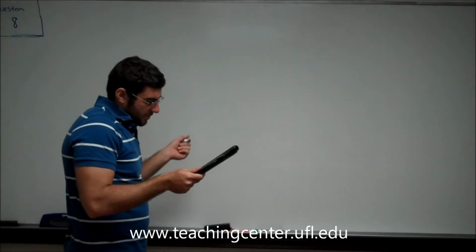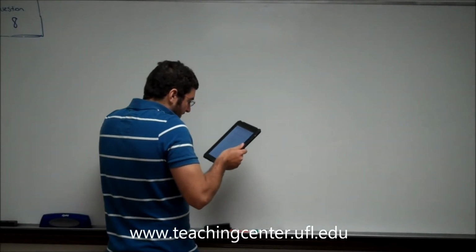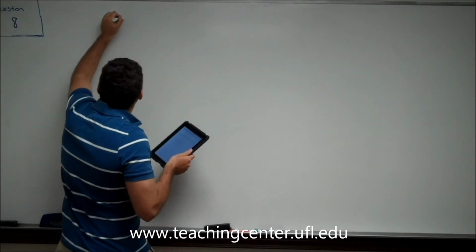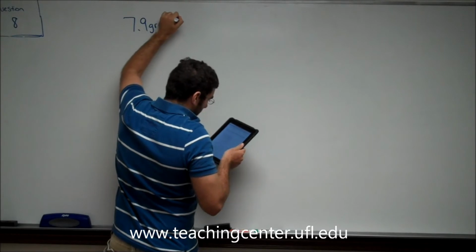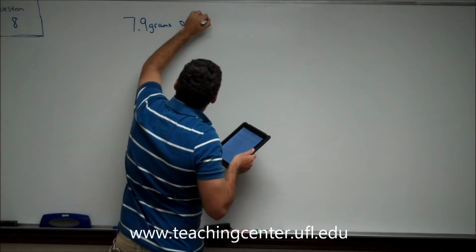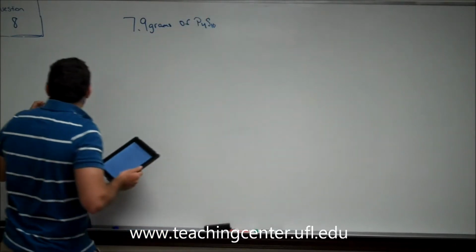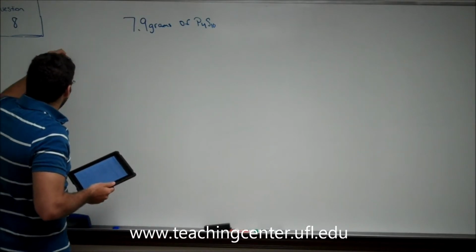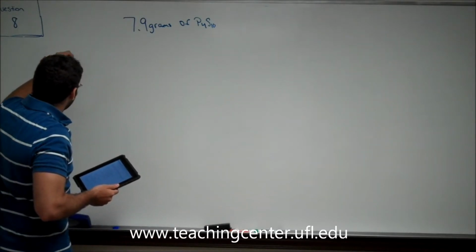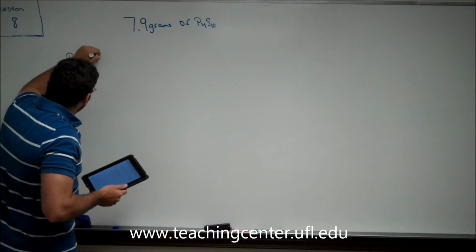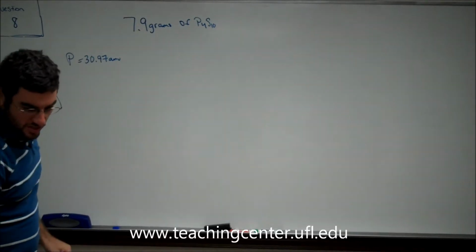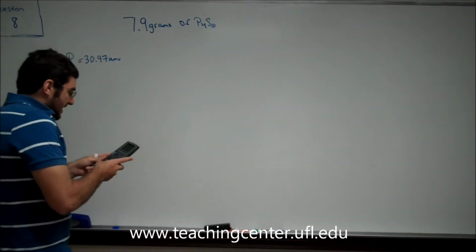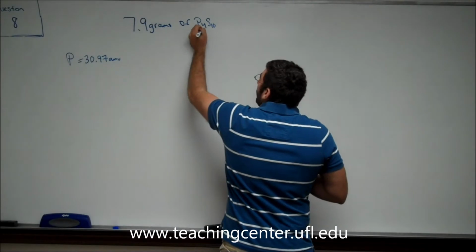So question number 8 begins to test us on stoichiometry. And it says, how many atoms of phosphorus are in 7.9 grams of P4S10? So the first thing we're going to have to do is go over to our periodic table and look up the atomic mass for phosphorus, which is equal to 30.97 AMU. So the way that I did this problem is I said, okay, well we have 4 plus 10